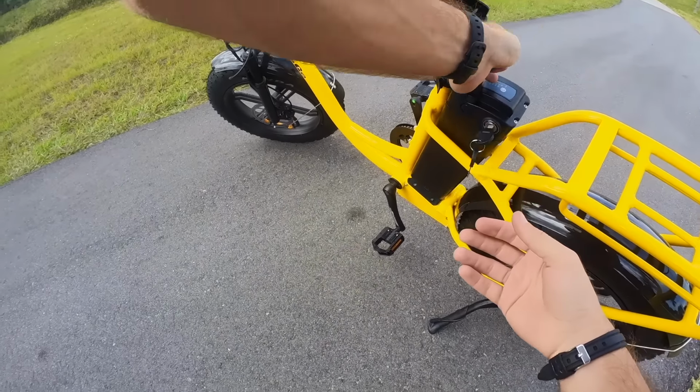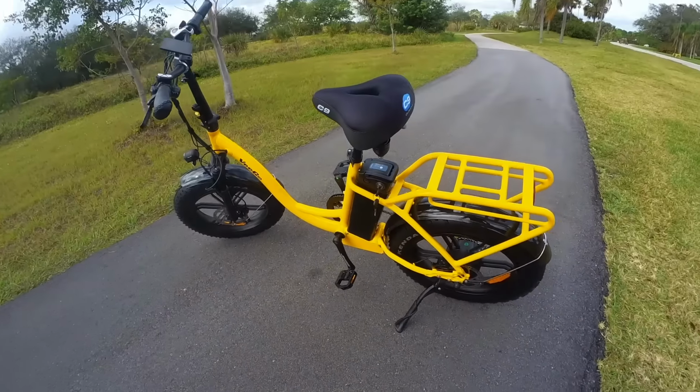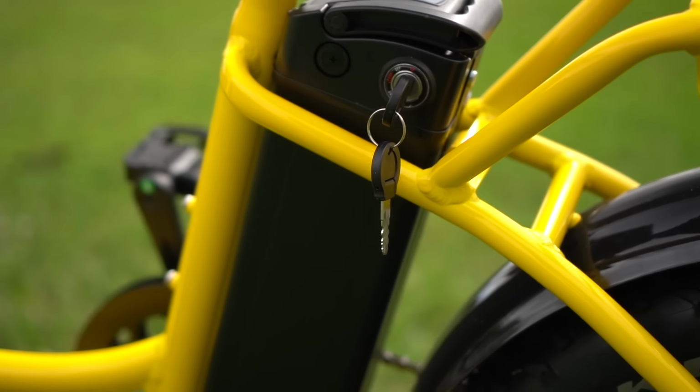If you want to share the load and do some of the work yourself, you'll definitely get that higher end of the range. But with a battery that big, you've pretty much always got more range than you'll need. And they even include a more powerful 3 amp charger to make sure it doesn't take too long to charge